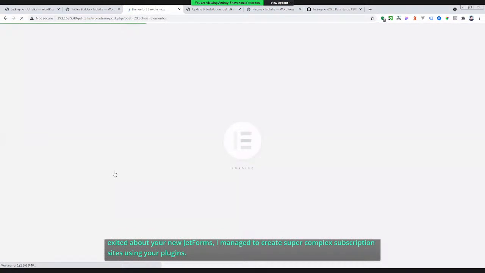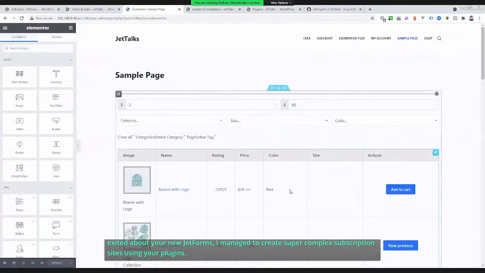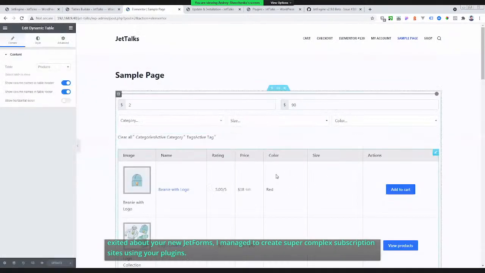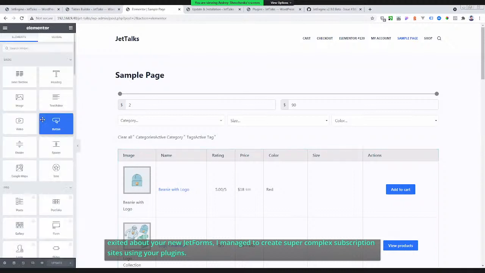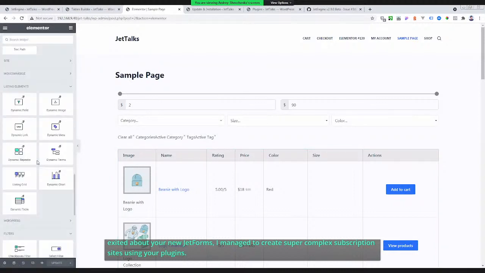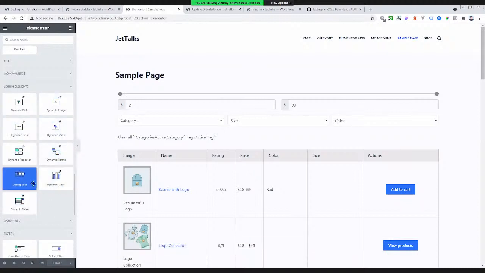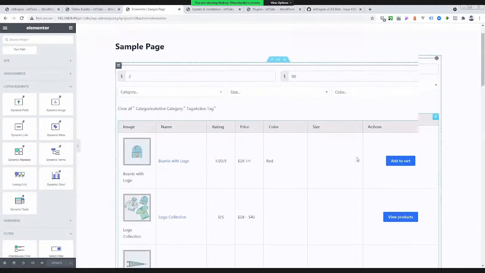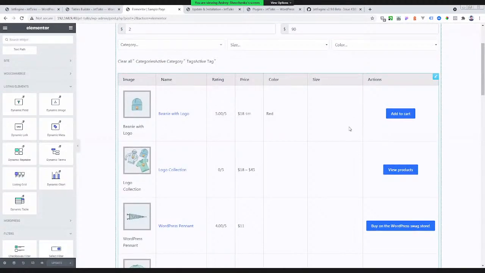The table could be outputted to the page with a separate widget, or a separate block if you're using the Gutenberg editor. It's a block or widget named Dynamic Table. It could be found in the category with other JetEngine widgets. And as you can see, it outputs the table in the same way as it was in the preview, but